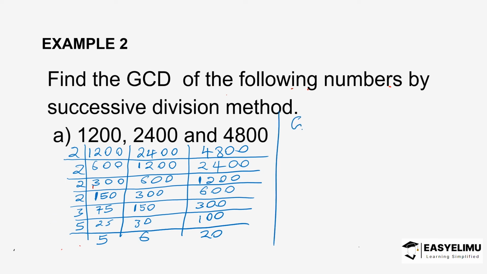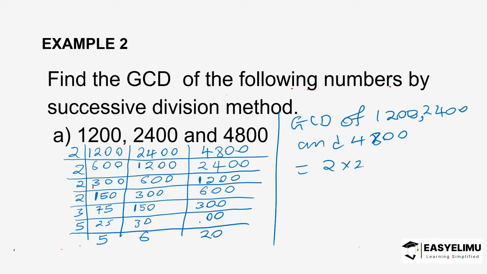So we now have GCD of 1,200, 2,400, and 4,800 to be equal to 2 by 2 by 2. So there are 4 2's by 2 by 3 by 5. So 2 by 2 is 4, 4 by 2 is 8, 8 by 2 is 16. So this is 16 by 3